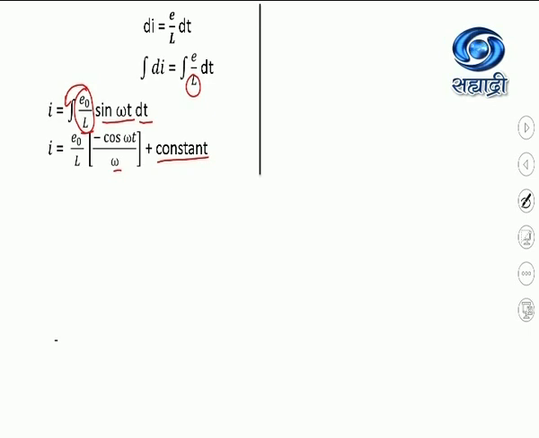Now here you might have noticed that this is the first time we have introduced the constant of integration. The constant of integration is always introduced when no limits of integration are introduced in the expression. If you have a lower limit and upper limit of integration, you don't need the constant of integration. But when the limits are not written, you have to add the constant of integration.